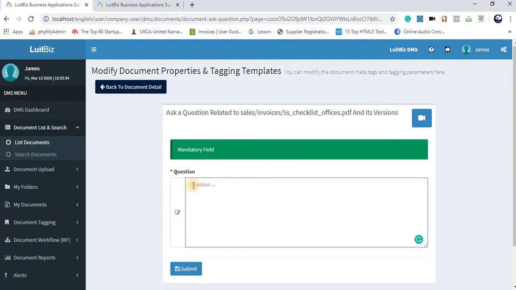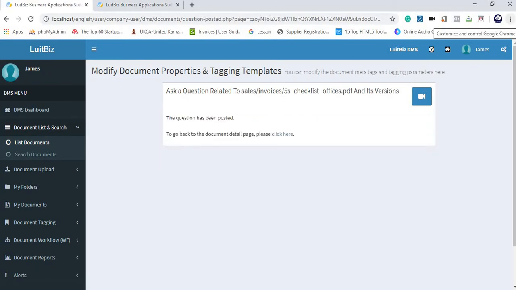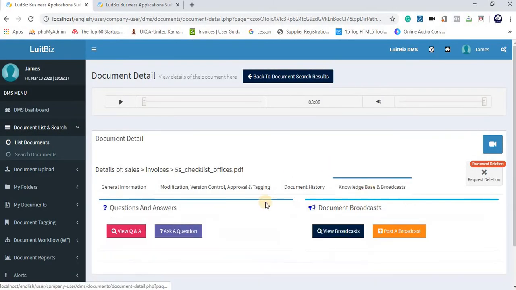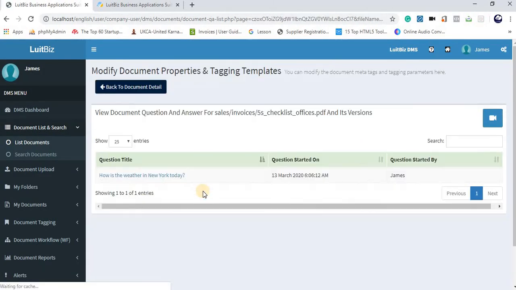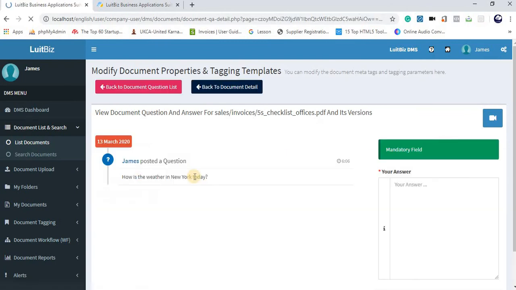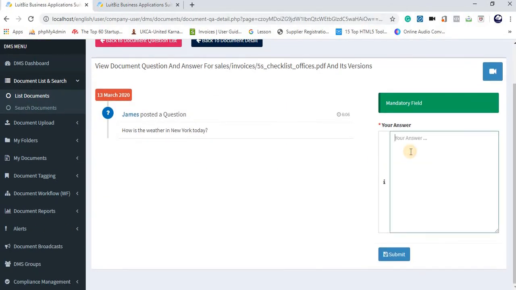Here you can have any number of questions, nothing is limited. So suppose this is the question. Of course, the question will be more relevant to the document. This is just to show you how the discussion forum works. Now if we go back to view Q&A, we'll see that there is a question pertaining to this document,